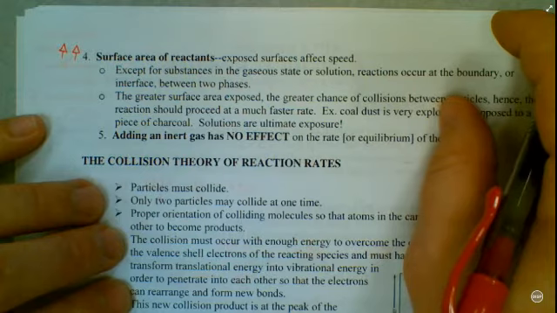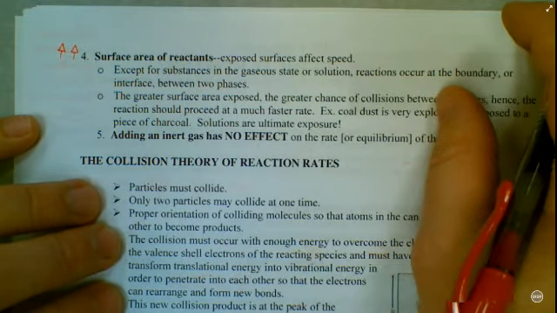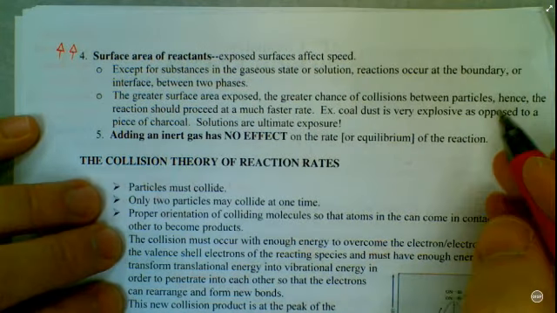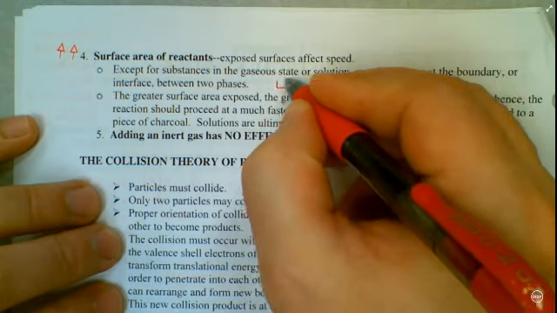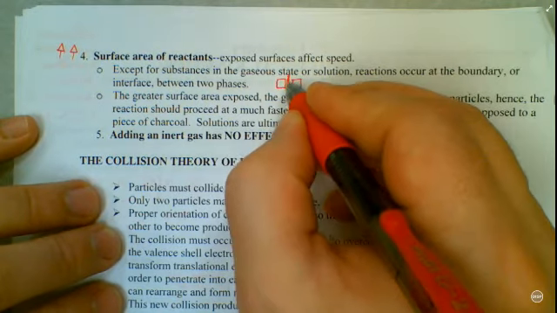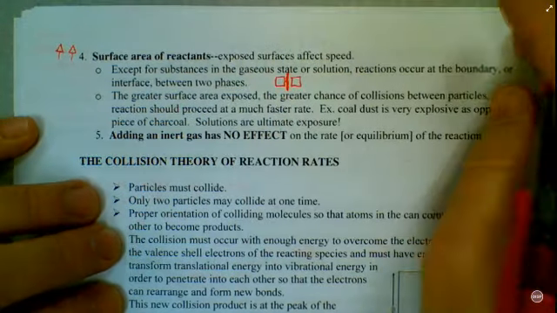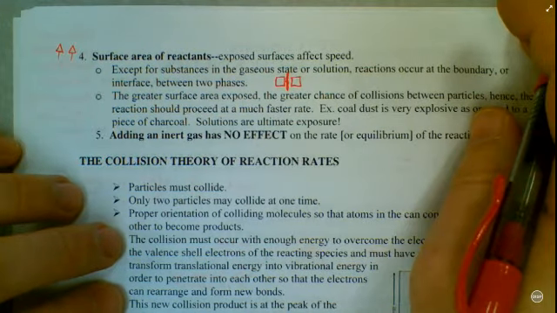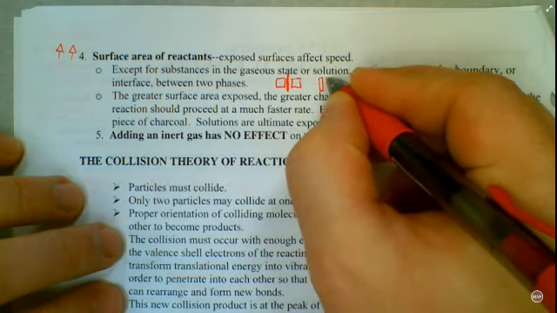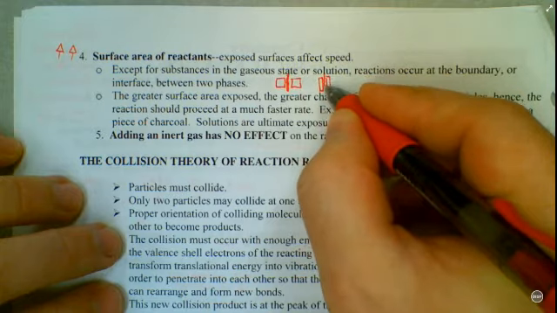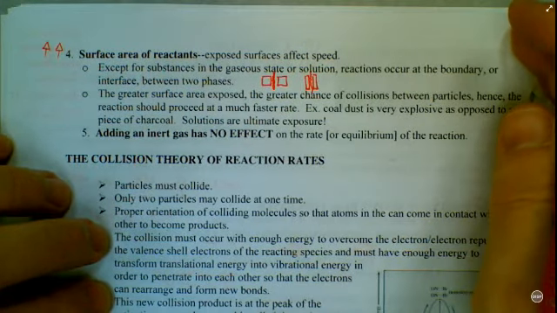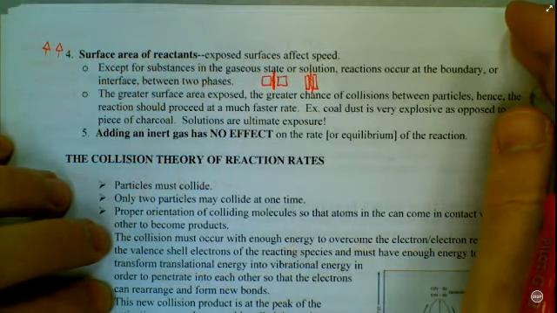Except for substances in the gaseous state or in aqueous solution, reactions occur at the boundary or the interface between the two phases. So when we have a cube and we put them together, only molecules at this boundary are actually going to react, because those are the only reactants in contact with one another. If we increase the amount of surface area, more surface area coming in contact with one another, we're going to be able to increase the rate of reaction. The greater the surface area exposed, the greater the chance of collisions between particles,